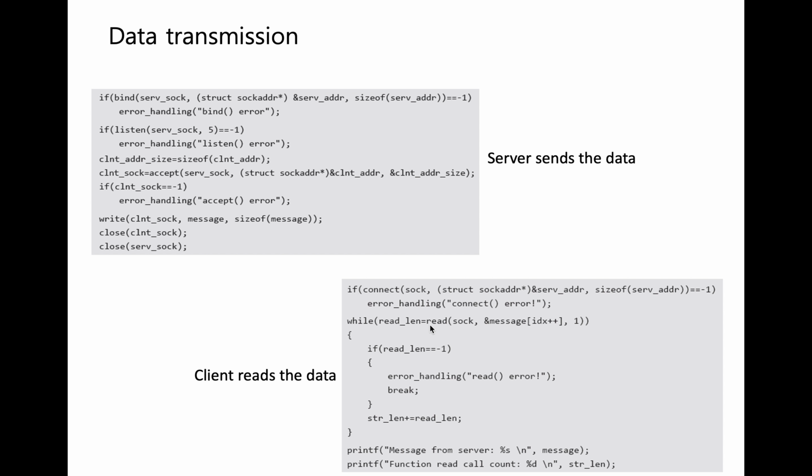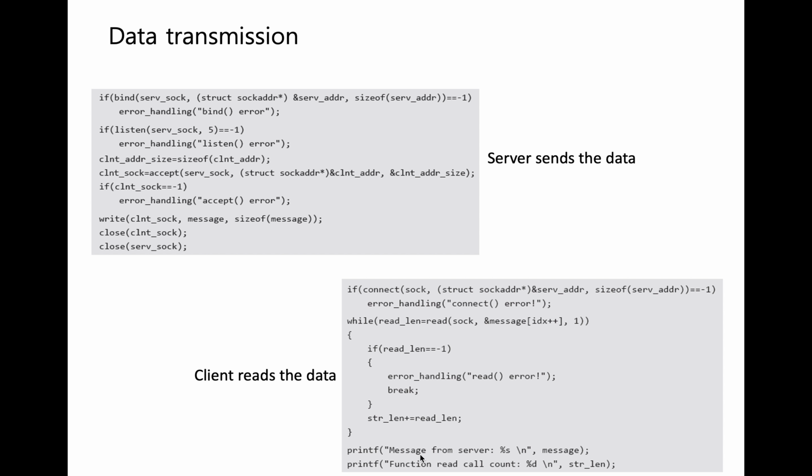And here what we're doing is we are reading the data just like we were reading from a file. So we are reading from that socket file descriptor to our message buffer, and that message is a simple array, and we are reading every single byte until it finishes. That means the read length will become 0, and while 0 means while false. That means the while loop will finish and break and stop,